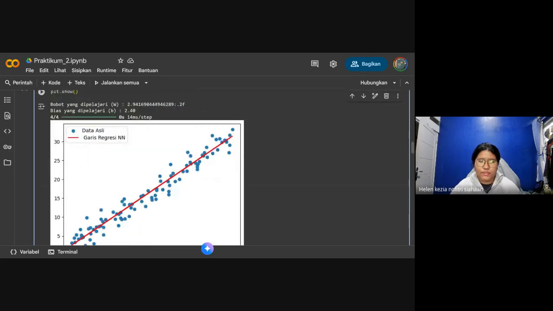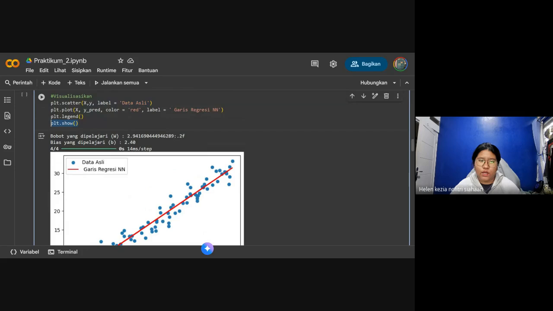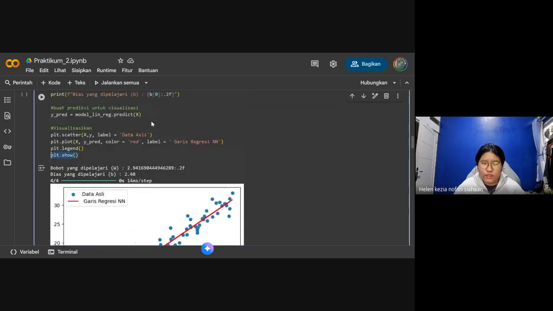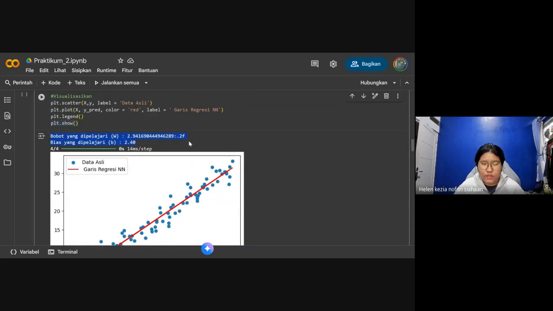Then as you can see, the PLT already shows up, and the result is like this. It will be a little bit different people by people. Like as you can see in here, it was going up to the top, like from 0 to 10 and 30, and it will say the W is 2.95.